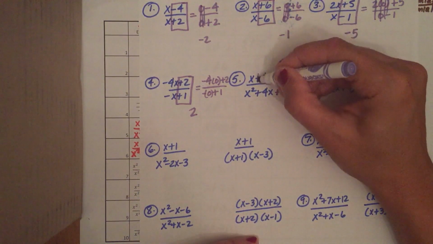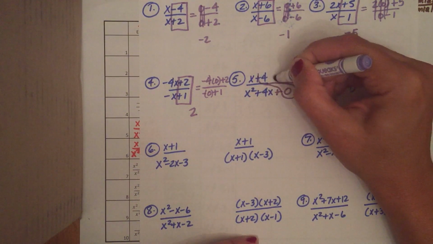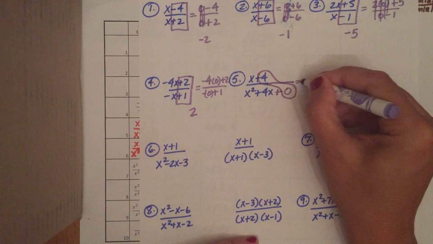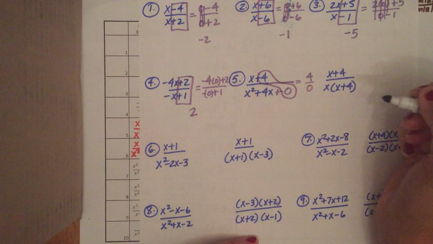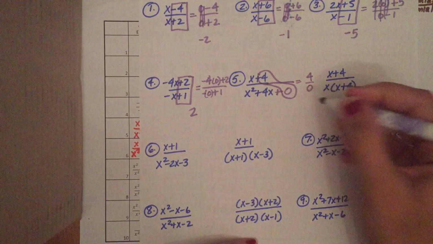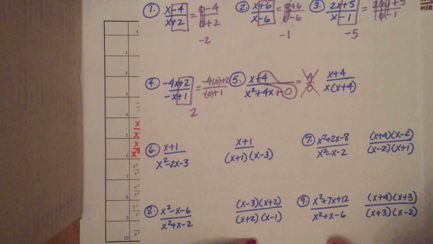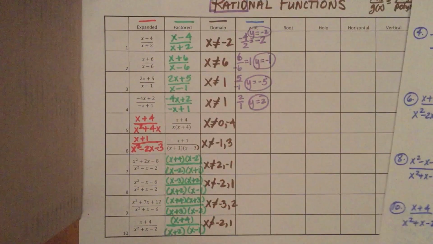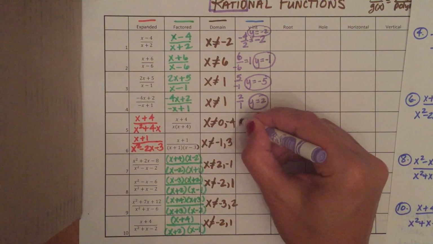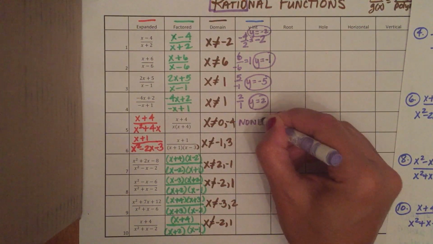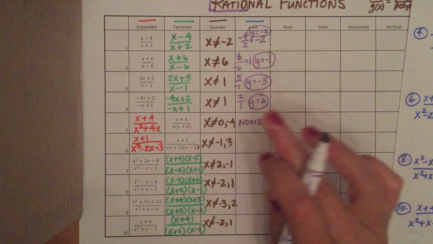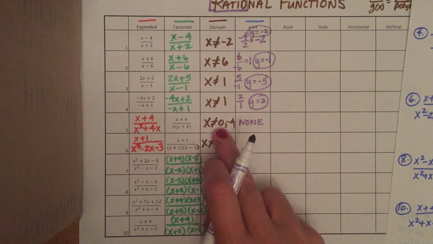Well, if I look at my last two values now, what happens? I get 4 over 0. Can we do that? No, we can't. That's dividing by 0. That means that for number 5, there is none. There is no y-intercept. And you could have seen that coming because in the domain, what is one of the